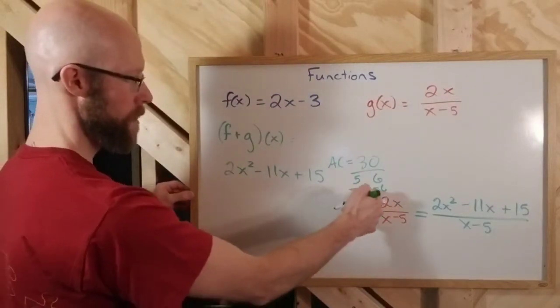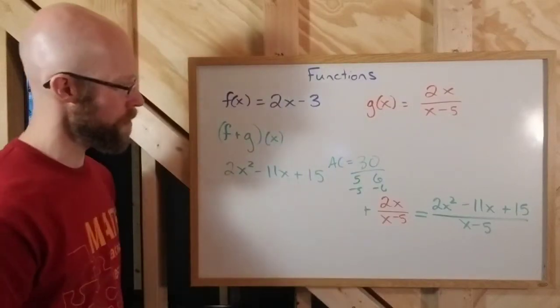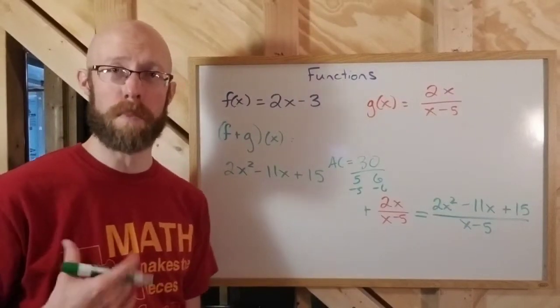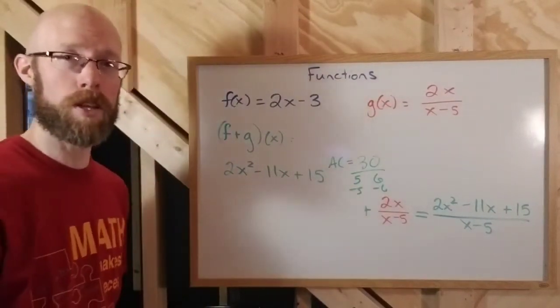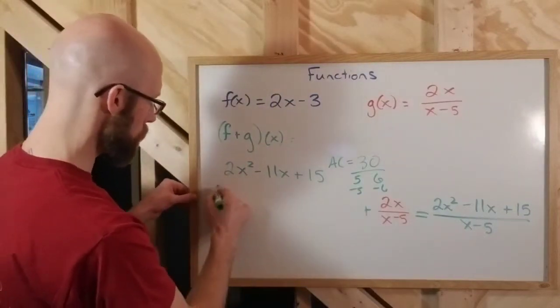Cool. Okay. Well, negative 5, negative 6. So there's something called the AC method. There's also something that I like to use called the modified AC method. I'm going to use that here. The modified AC method basically